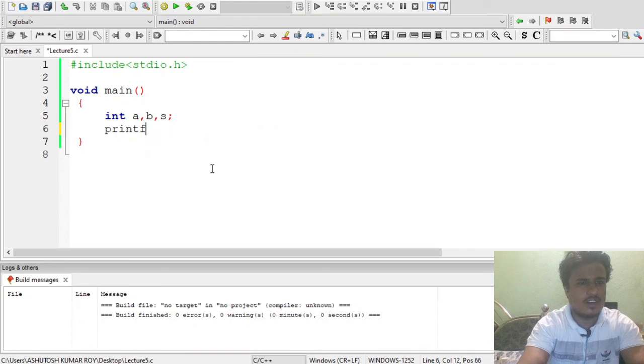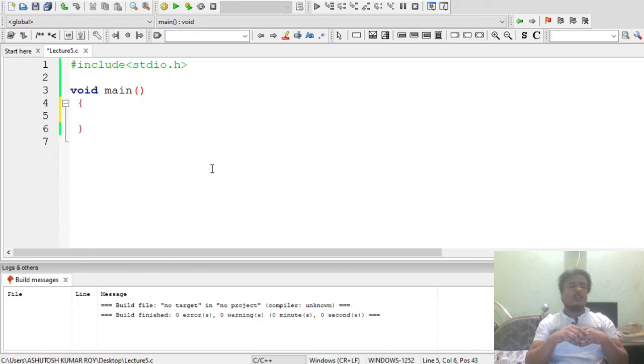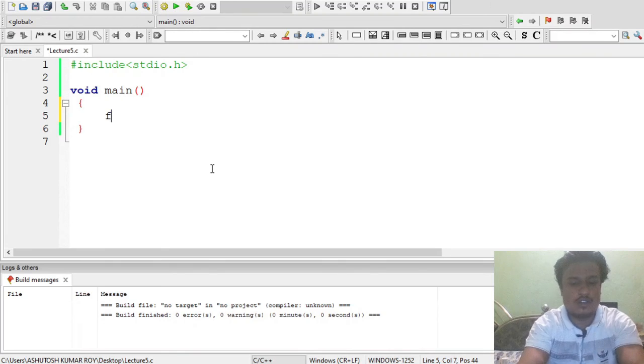Let me erase it all. Let me write some code which will show you how to store a number in a floating point variable. In the next lesson I will show you how to use the character type variable, that is percent c, the char data type. I showed you earlier about the int data type. Now I will show you about the float data type. We want to write code for a thermometer that converts Fahrenheit to Celsius.